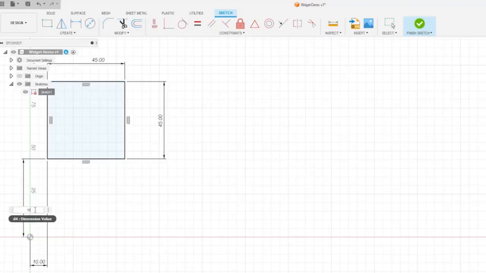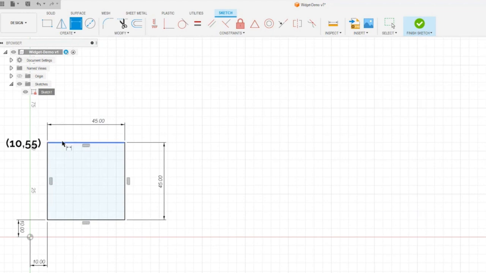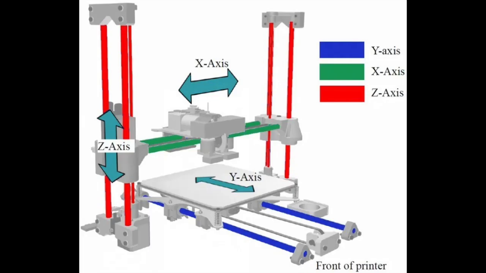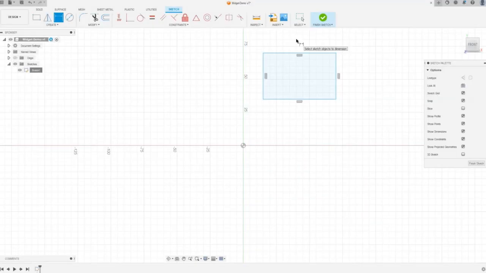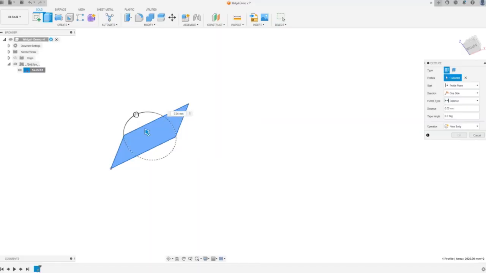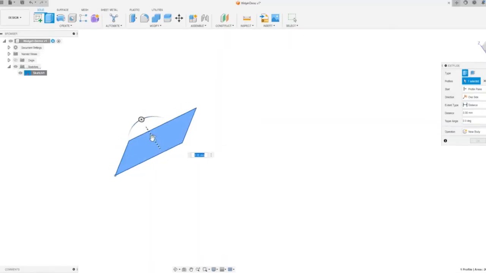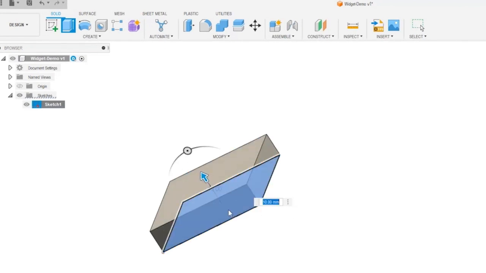Giving a shape or line a position is just like plotting it on an XY coordinate plane. During printing, the printer bed mirrors that coordinate plane. Dimensioning your CAD model is a very important step to ensure that all your shapes fit together as intended and print at an appropriate size relative to the size of the printer and your needs for the object. Finally, extrusion in CAD is like grabbing your 2D sketch off the page and pulling it to give it height